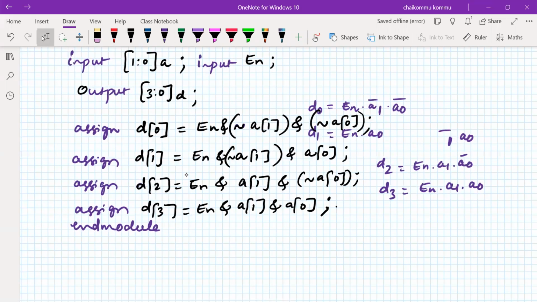So in this data flow modeling also we will find some kind of difficulty. If the number of inputs is increased, how big an equation would we have to write? So there is another alternative, behavioral modeling, that we normally use. There the complexity is completely reduced. The points we will see later on. Is it clear how to write data flow modeling? It's a very simple equation.